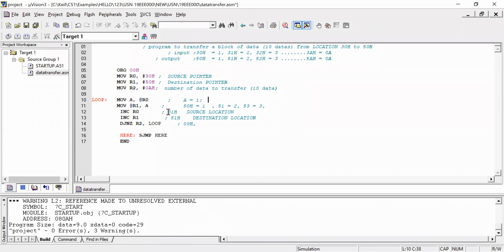It was 30. I have incremented R0. Now R0 has the data 31. R0 is 31H now.